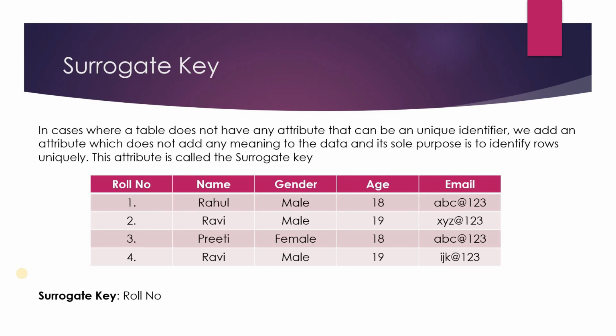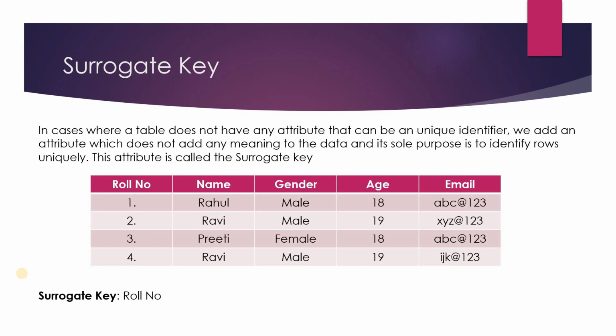We can see that we have attribute name. Now name, any two people can have the same name, so we cannot use the name attribute as a key. Similarly, gender, we have gender as male and female, so that cannot be used as a key as well. And similarly, many people can have the same age. And as you said earlier, suppose Rahul and Preeti are brother and sister, so they share the same email. In that case, we cannot use the email as our key as well.